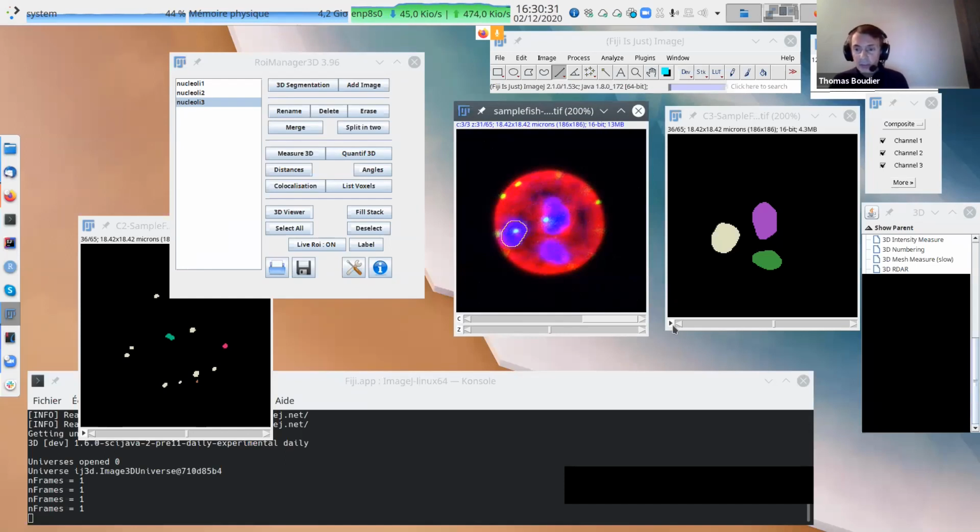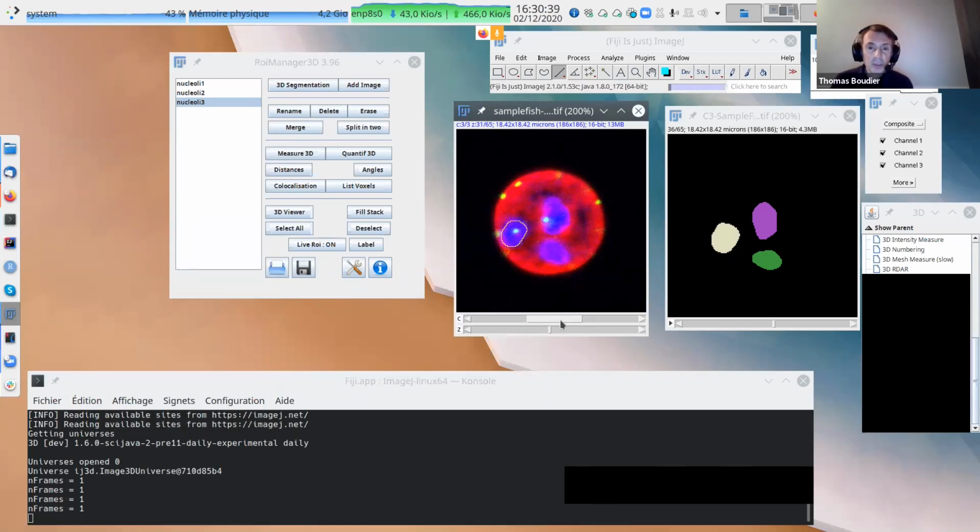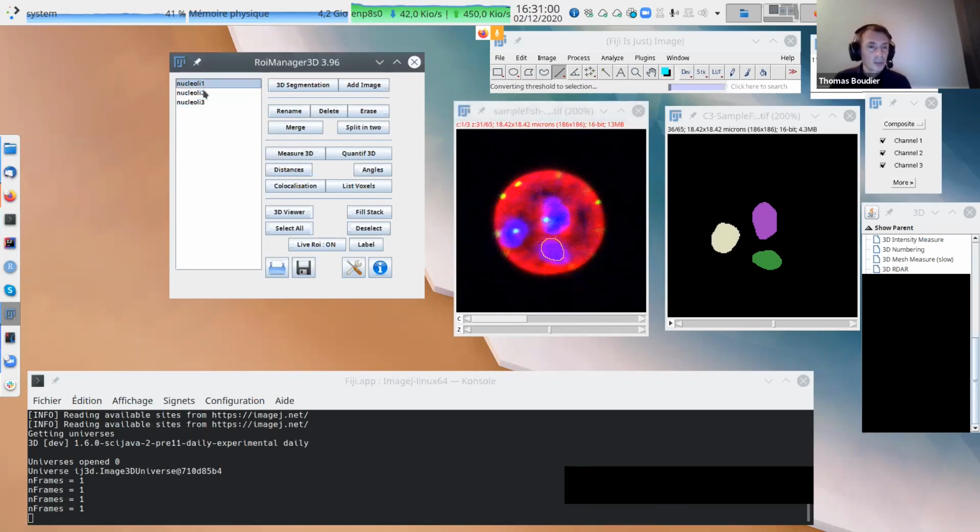Some intensity measurement now, right? Okay, so we have 3 objects. We want to do some measurement. What is the intensity measurement for the 3 channels? Nucleus labeling, spot labeling, and nucleoli labeling in the original image. So of course, here we have our objects. Here we have the original intensity, untouched, no filter, the raw data. And we want to know for the 3 objects, we select the 3 objects, what is the intensity within these 3 objects inside this image.